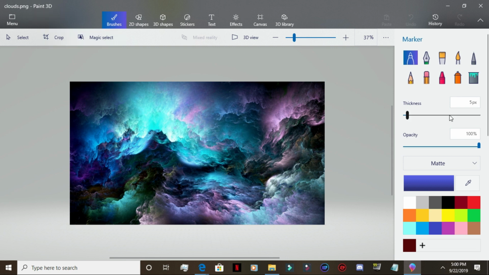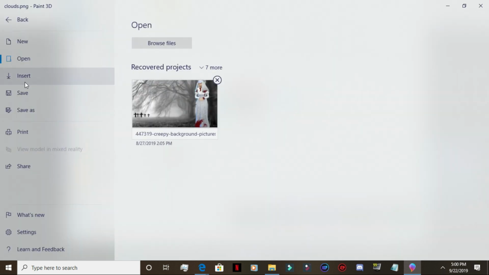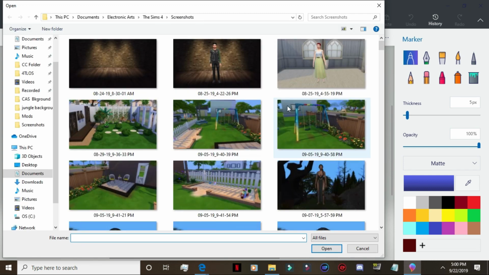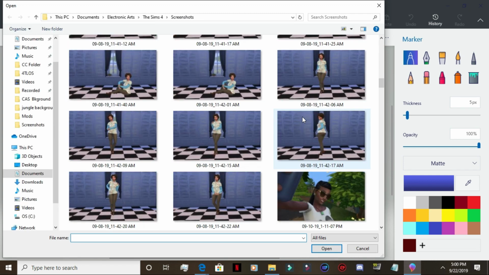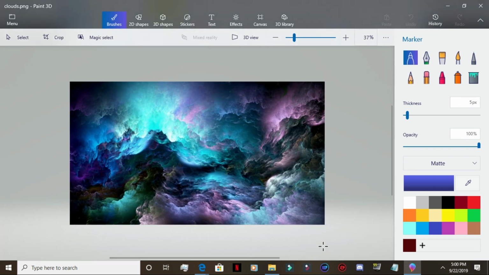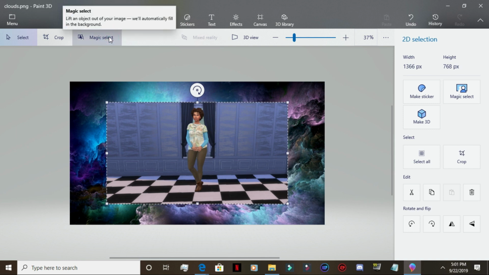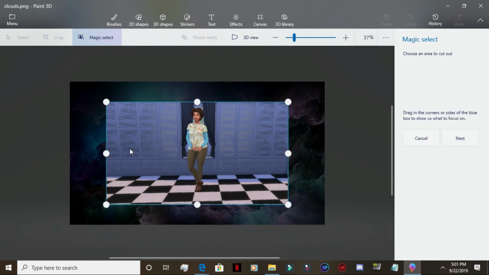So okay, we're in Paint 3D right now, and I'm using operating system 10, and I'm going to go into menu. I'm going to choose to insert, and it will open up my screenshots because that's what I always go in there, and I'm going to get some poses. I'm going to go with her first. I'm just going to choose this pose in particular for no reason in particular, and I'm going to go ahead, it pops up in here. I'm going to go ahead and do magic select,